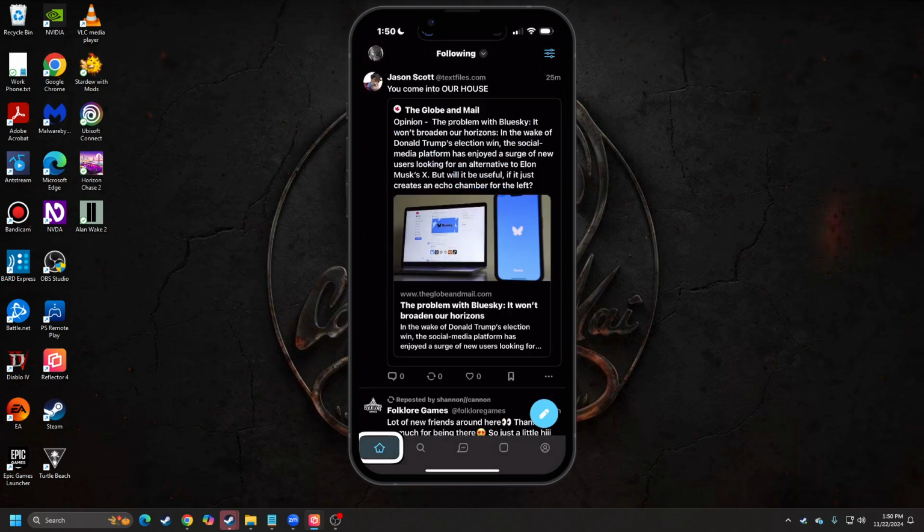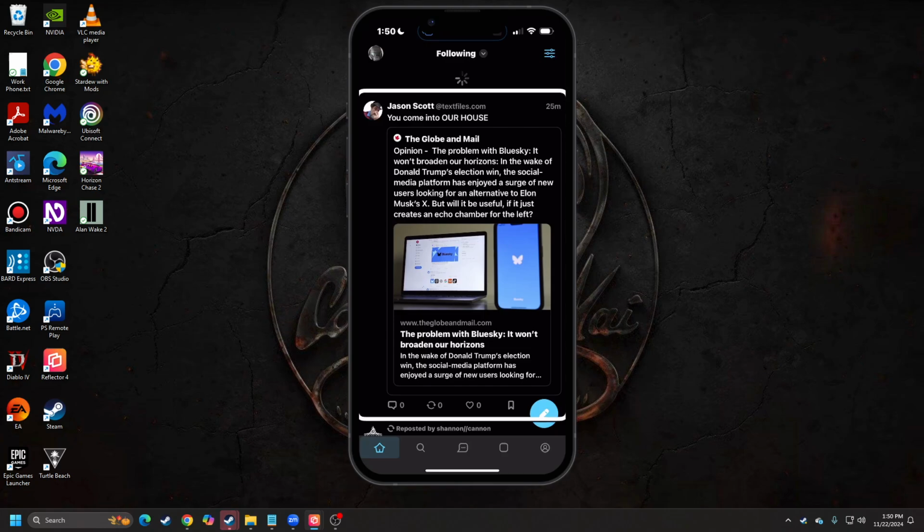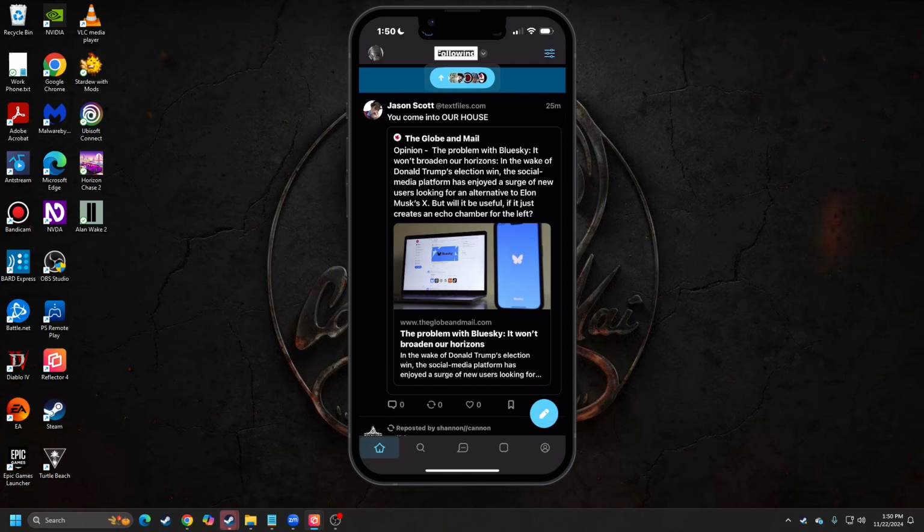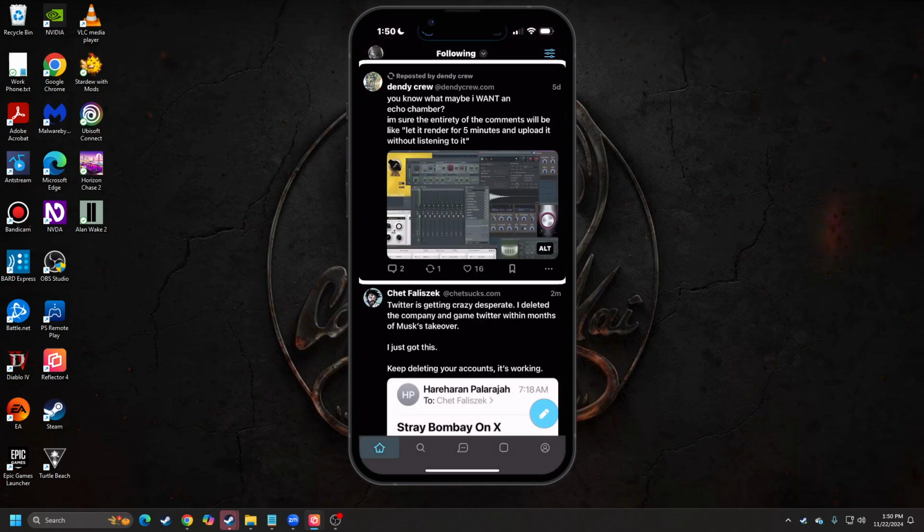Feeds button selected, to make sure that I'm at the most current that it loaded. And then I'll touch up here, and then I will do a 3-finger swipe down to refresh the page. Page 1 of 102. And in the top middle, right below where it says following, there's an up button. And so that will do the reload officially, and it will load any posts since you last